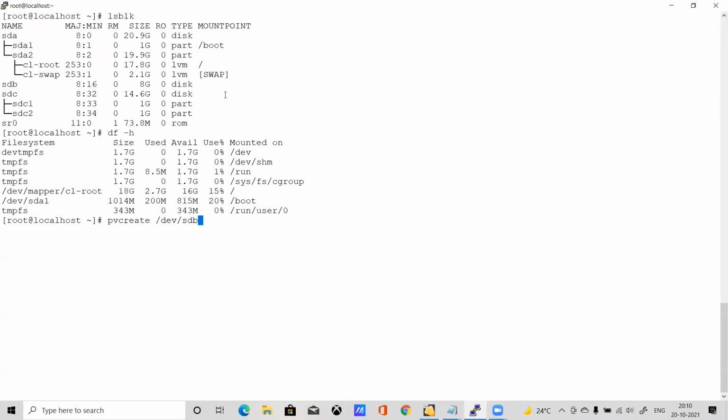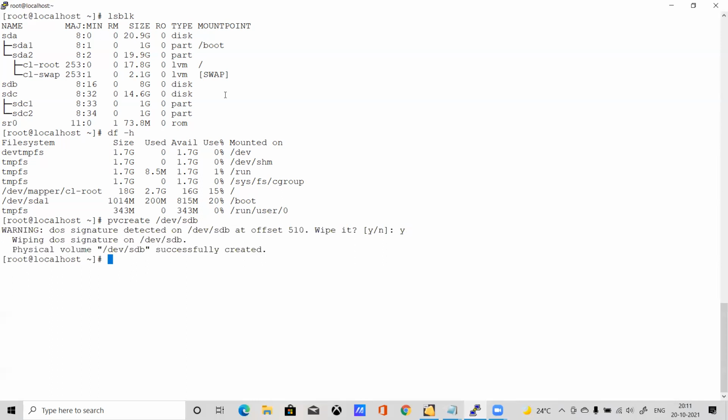I'm not creating any partition; I'm directly adding the disk as a physical volume. So the first command is pvcreate. It's giving a prompt because I used this disk earlier, so let me say yes here. Now see it with pvs.